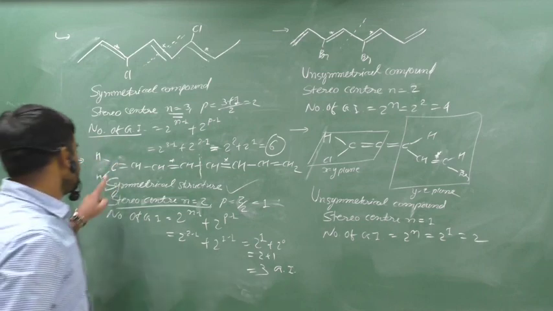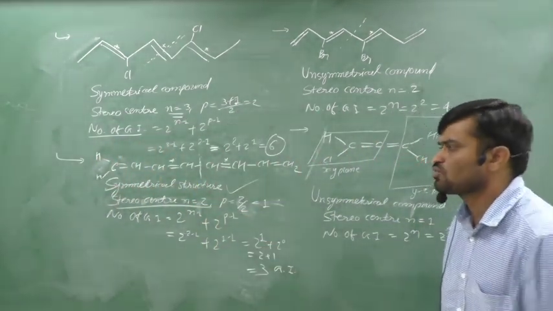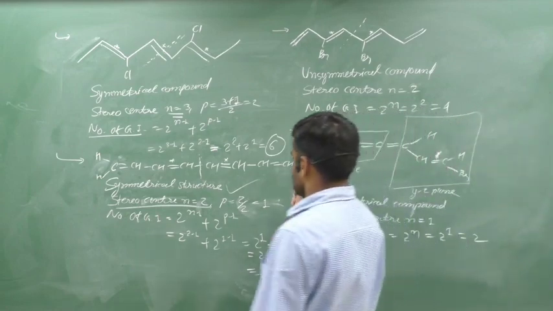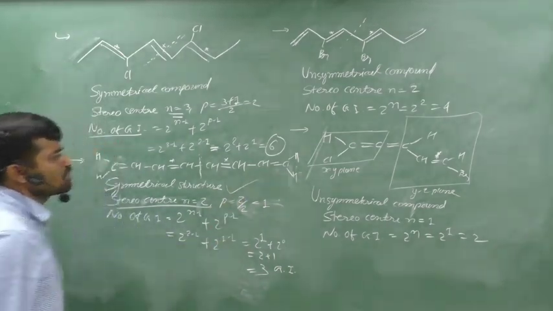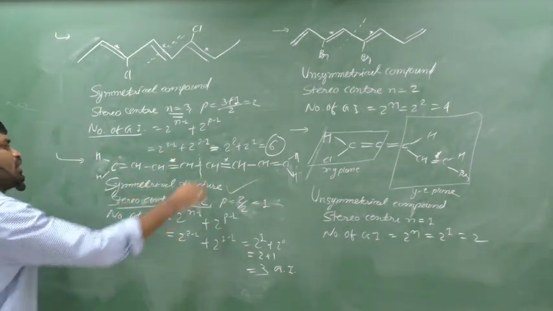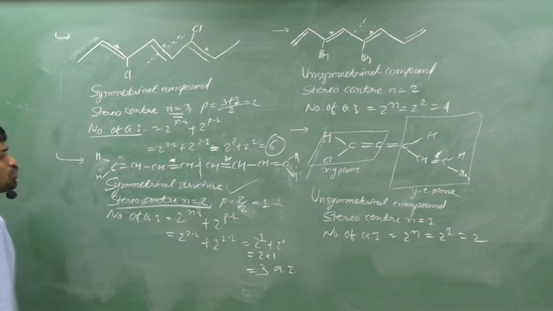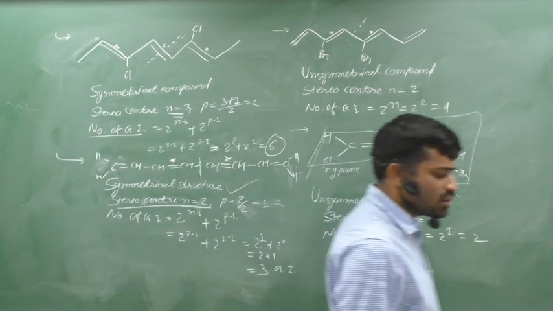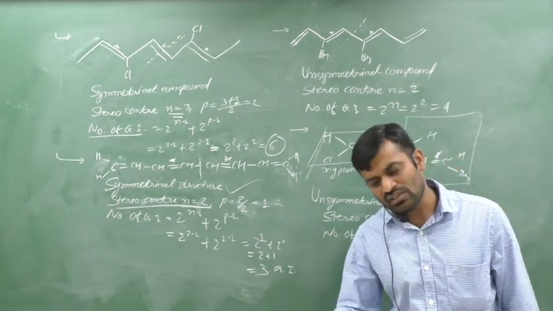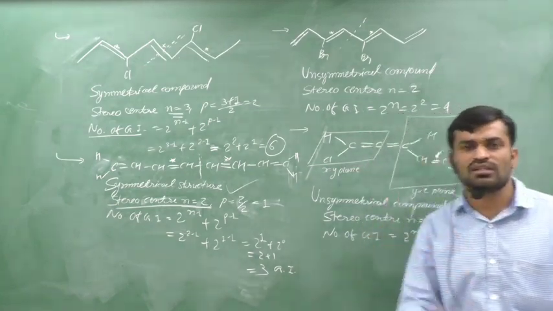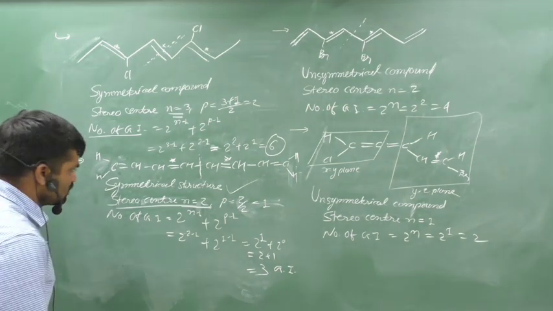You know that if any carbon has two same groups, this double bond does not show GI. Same thing here, CH2. Therefore this double bond also does not show GI. This double bond and this double bond show the GI. Therefore you can say that the number of stereo centers is equal to 2. Clear? The number of double bonds is not always equal to the number of stereo centers. All conditions are fulfilled with respect to GI. Therefore you can say that the compound has this number of stereo centers.